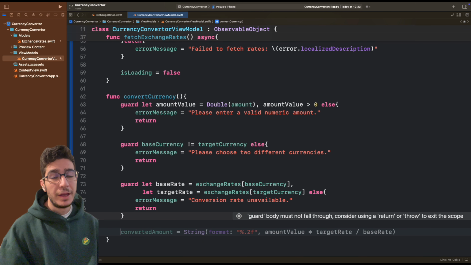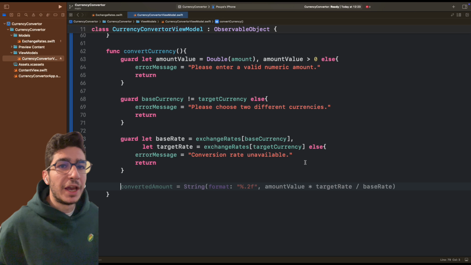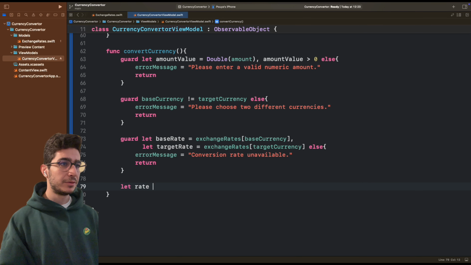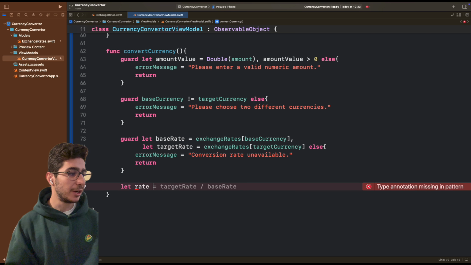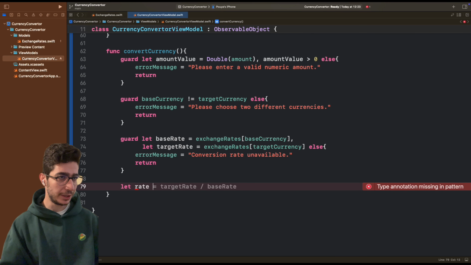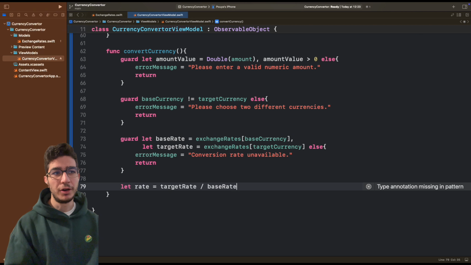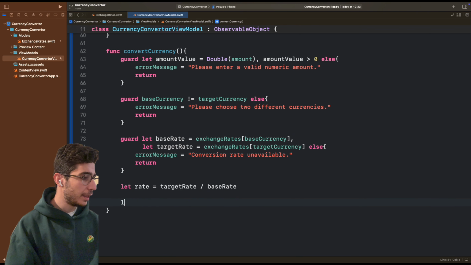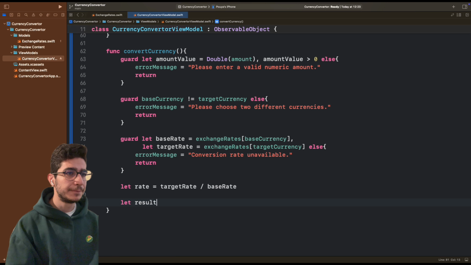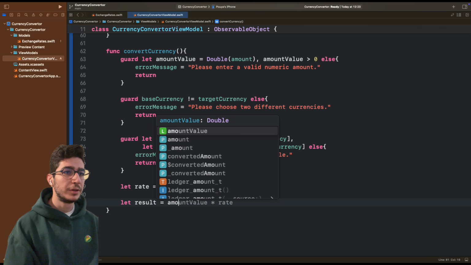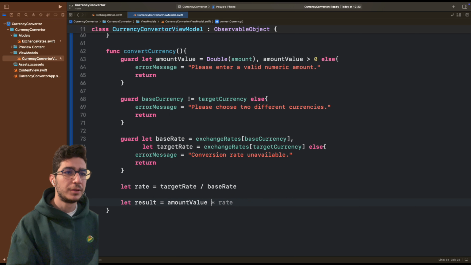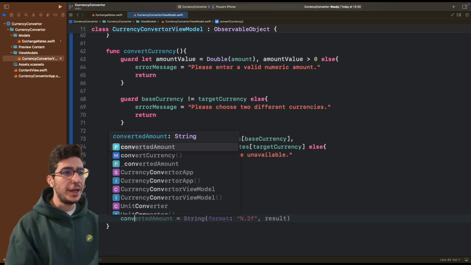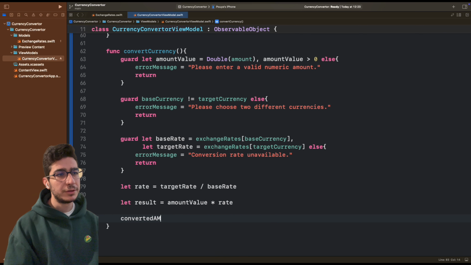And after that, when we have these baseRate and targetRate, we're gonna let rate, we're gonna calculate the conversion rate from the base to target. So targetRate divided by baseRate. And then we have let result equal to amountValue multiplied by rate. This is good. And here we have convertedAmount